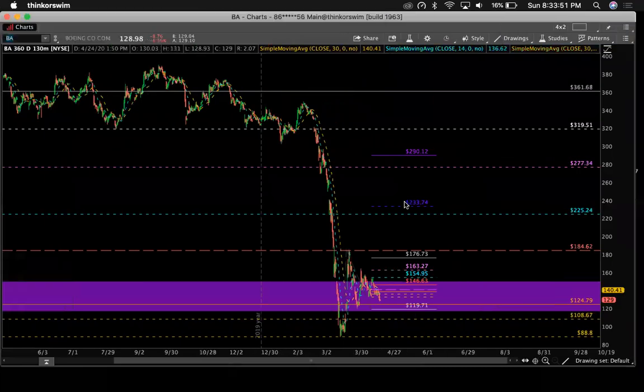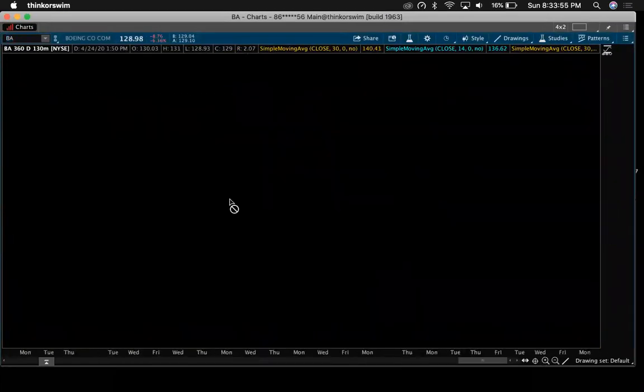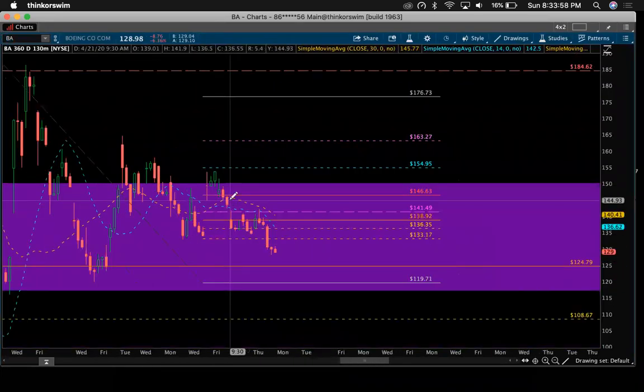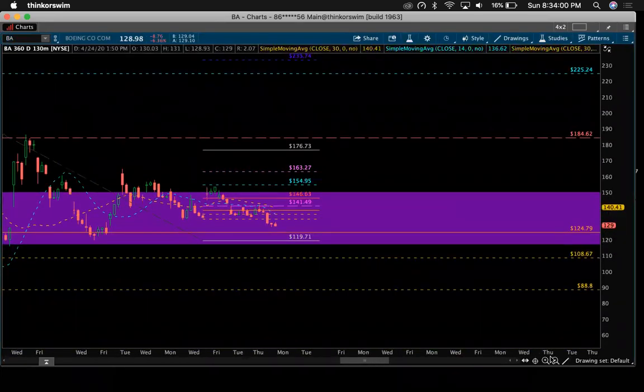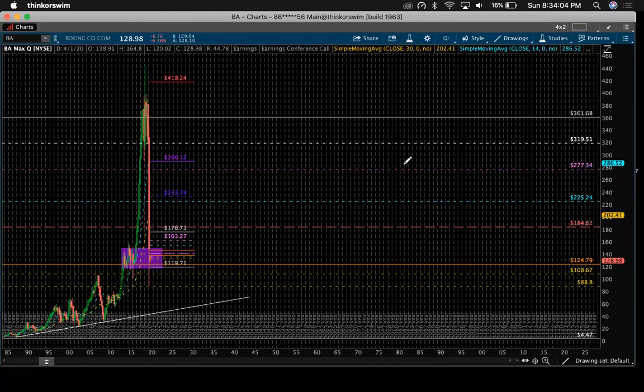So I'm gonna bring us to a bigger chart. So we're gonna focus it and bring it to one chart here. I was just showing you the different time frames I had, but here we go. The purple is because that's a demand, that's a zone, that's an area, long term, short term. If you look at the quarterly,